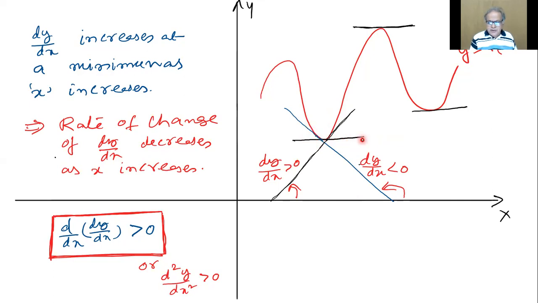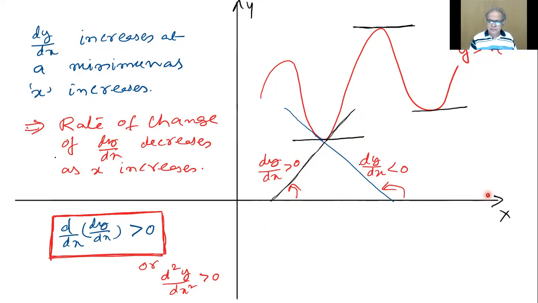But remember, just before the minimum, a point just below, before that, you draw a tangent. The slope will be negative. But after the minimum, you draw a tangent, the slope will be positive. Sir, why are we drawing just below that, sir? Because we would like to know whether the slope is decreasing or increasing as you cross a minimum or maximum. Already we drew, sir. So the slope is 0 here. Before that slope is negative, after that slope is positive, I would like to see, so that I know whether slope is decreasing or increasing as x is increasing.